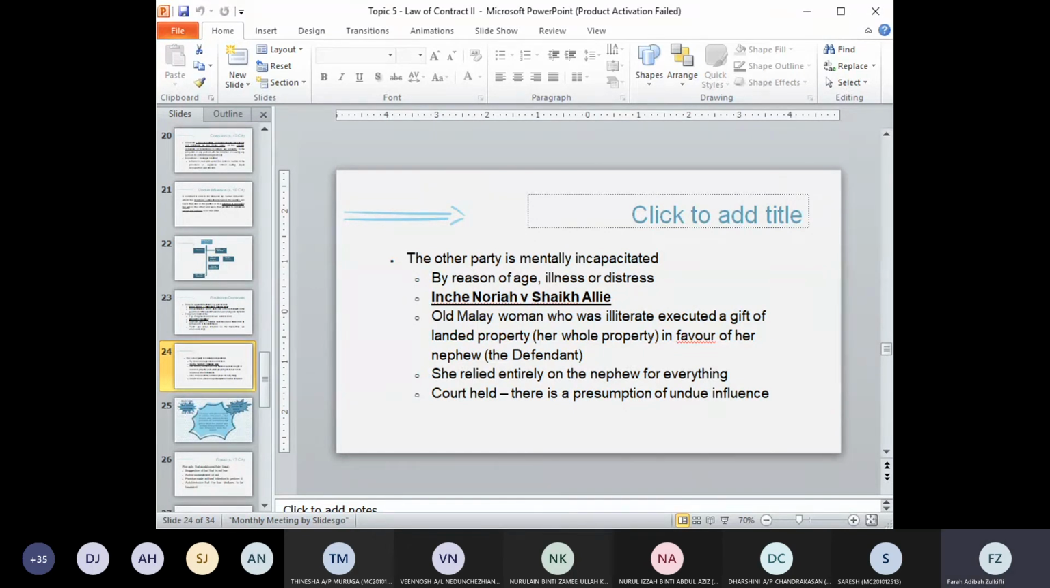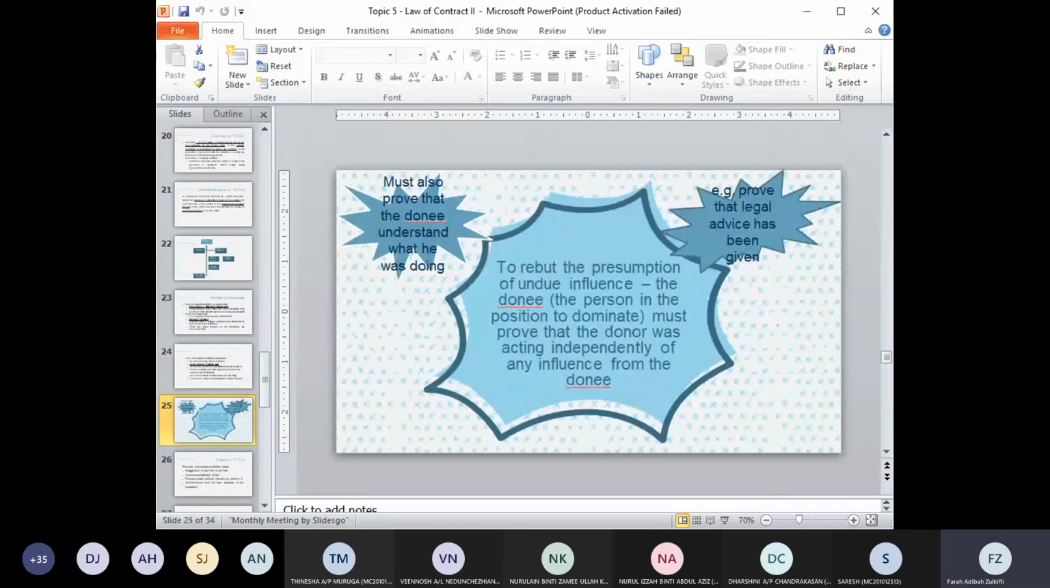So in this case, when she had signed a transfer of her whole property in favor of her nephew, the court held that in this situation, there is a presumption of undue influence. Why? Because